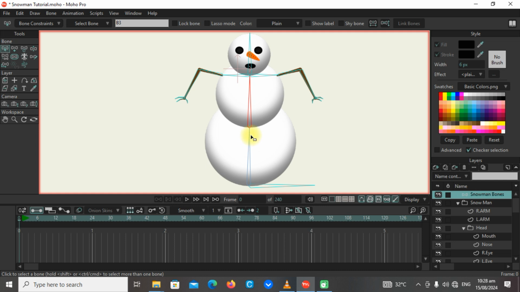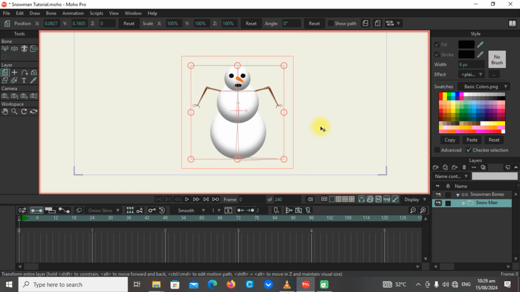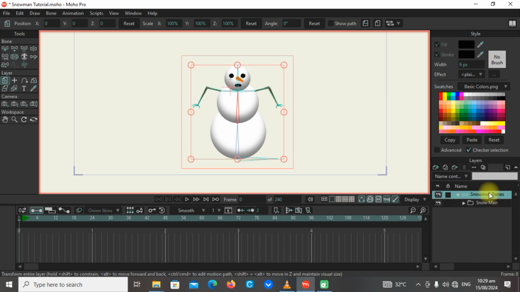Okay. I know why it's not working, and it's good that this is happening, so I can use this as an example to show you what could go wrong when you're not doing something the right way. So in here, as you can see, I've got everything set up, but my skeleton or my bone layer is by itself. It's not connected to my character layers. So what you're going to want to do is left click on your character layer and drag it into the bone tool. Alright, now that that's done, simply go back to the skeleton,